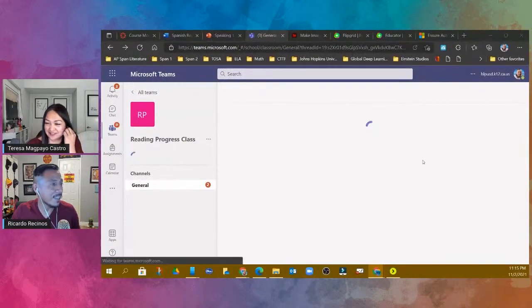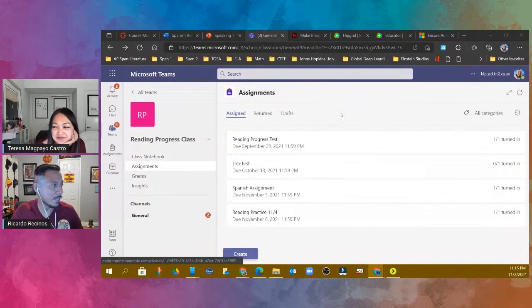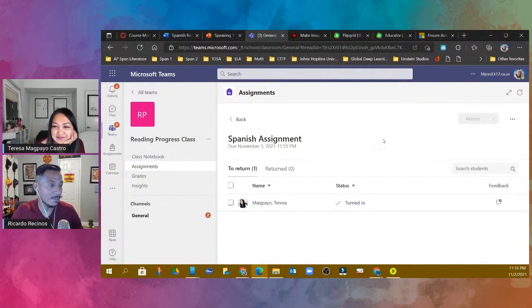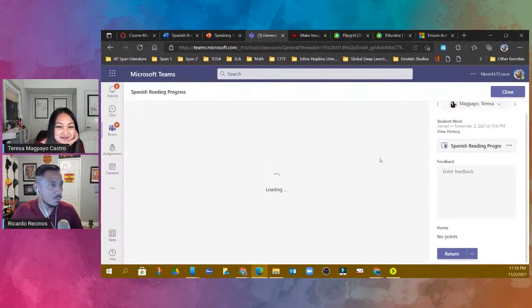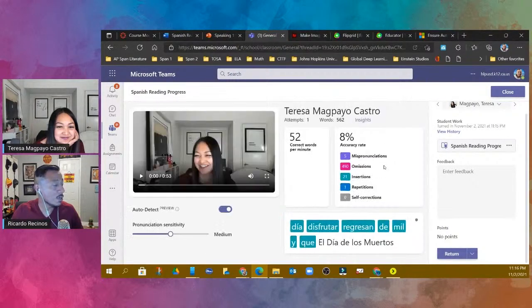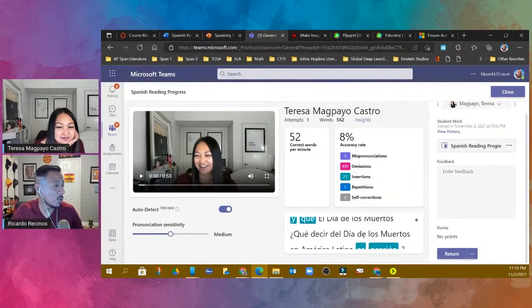Let's go to my screen and look at how Teresa did. So it's over here. Notice how fast it's already there. Okay. Wow. Let's go ahead and click on it. And notice that it's going to give us, again, some great data. It's going to give us the correct words per minute, the accuracy, and so on and so on. And you'll be able to see